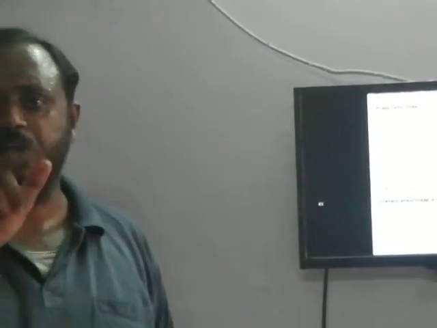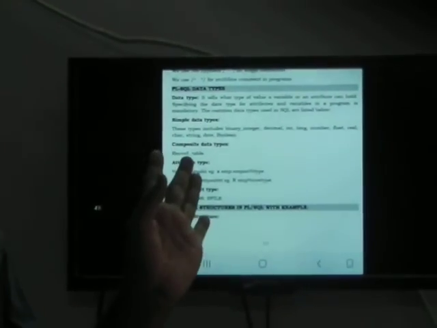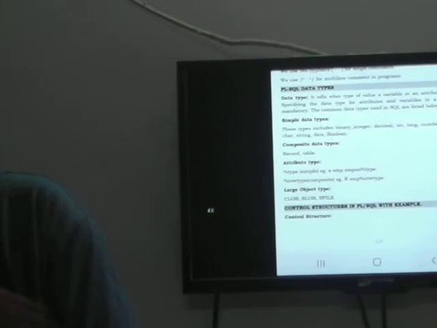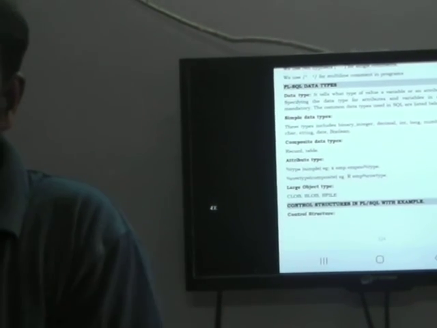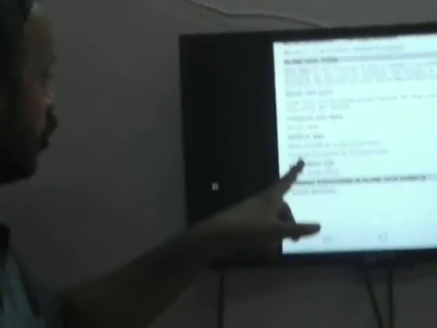You just write x percentage type of serial number. You won't mention number, integer, or anything; it is taken automatically. Then percentage row type is a composite, a combination of attributes, whose data types will be taken for these attributes.